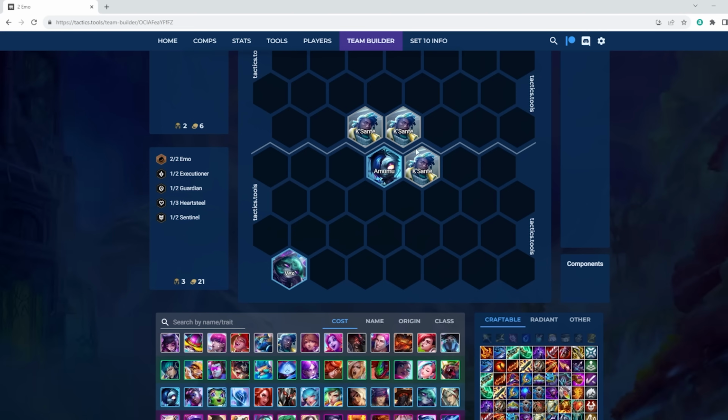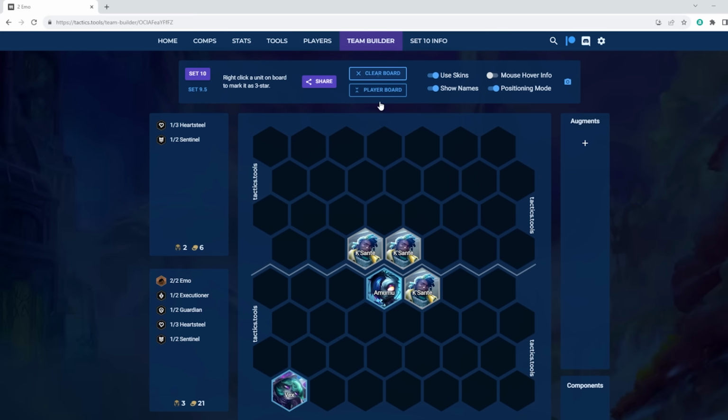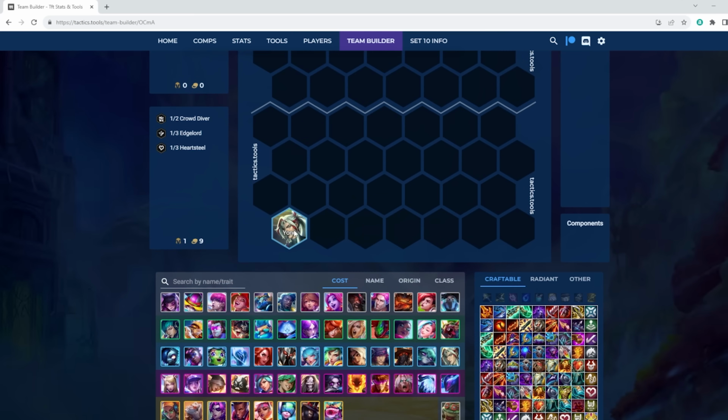And so it's just a really good combo to have this solo frontline Amumu plus Vex as a backline carry. Finally, for the 3 cost, we have Yone. Now, if you're playing Yone as a carry, he's just going to be your standard edgelord positioning for a melee